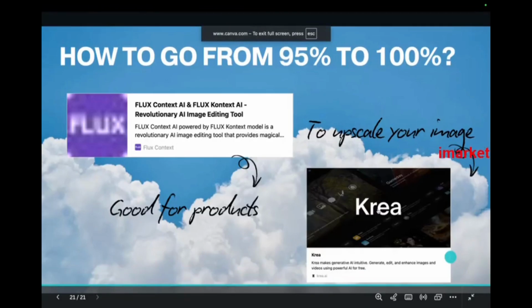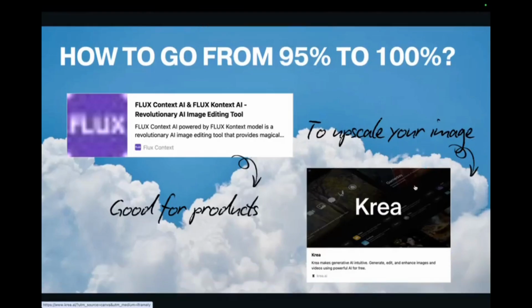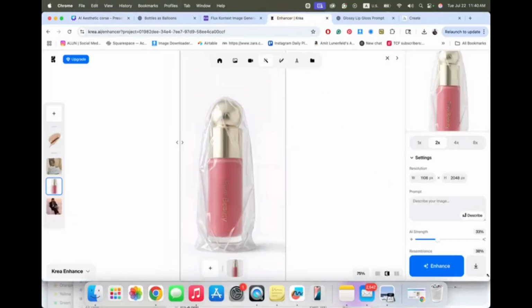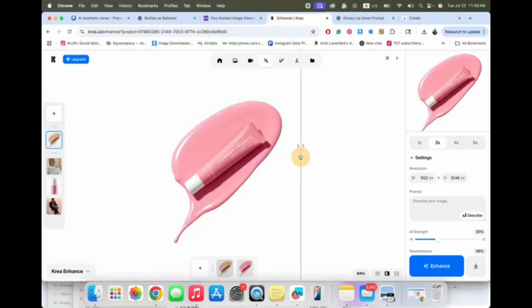The next thing we want to use is this to upscale your image. It's really good to upscale your image before you make a video out of it, because it will give it a better texture and you will get a better result. Let me show you what I'm talking about. This app is free. This is how the image looked before I put it inside the upscaler, and this is the image now.